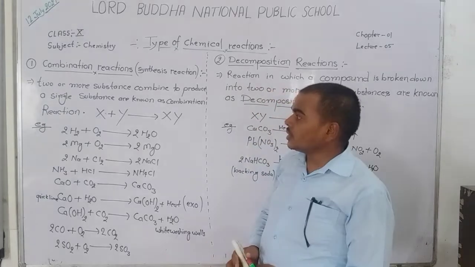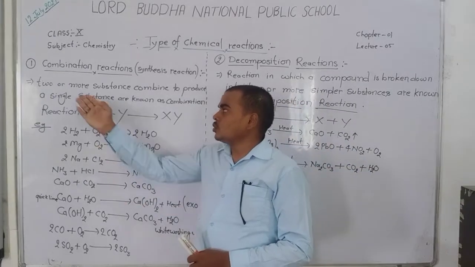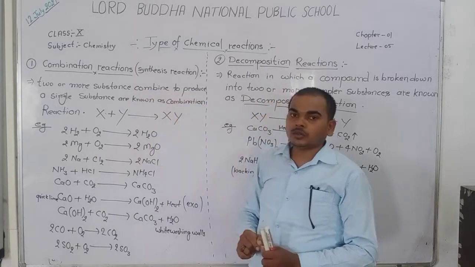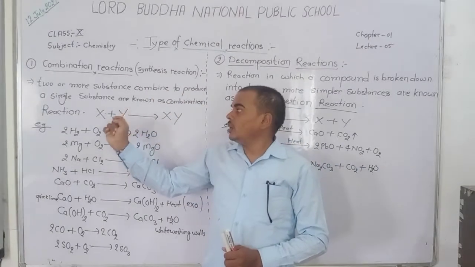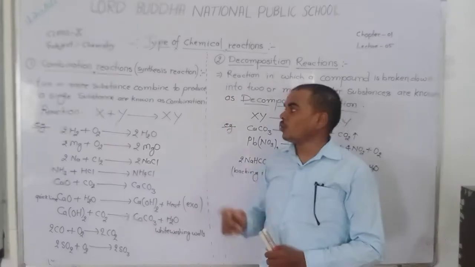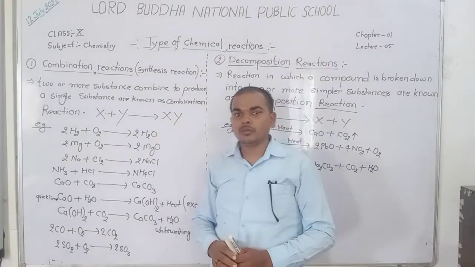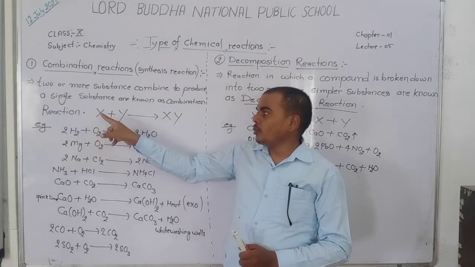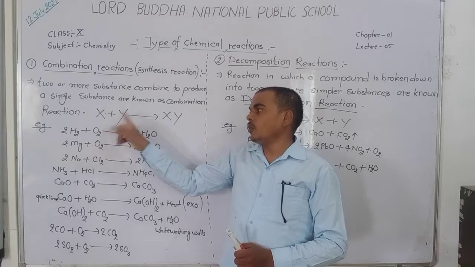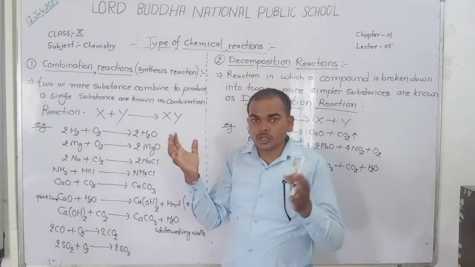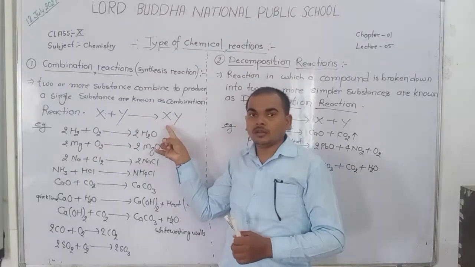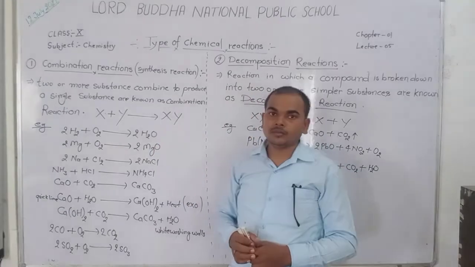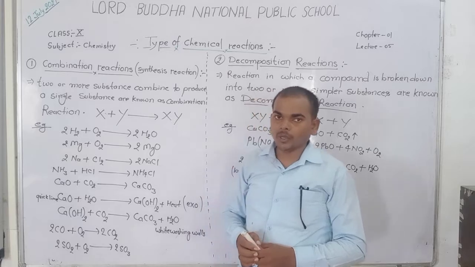A combination reaction is one in which two or more substances combine to produce a single substance. Example: here two components, X and Y, combine with each other and form a single compound, XY. For example,